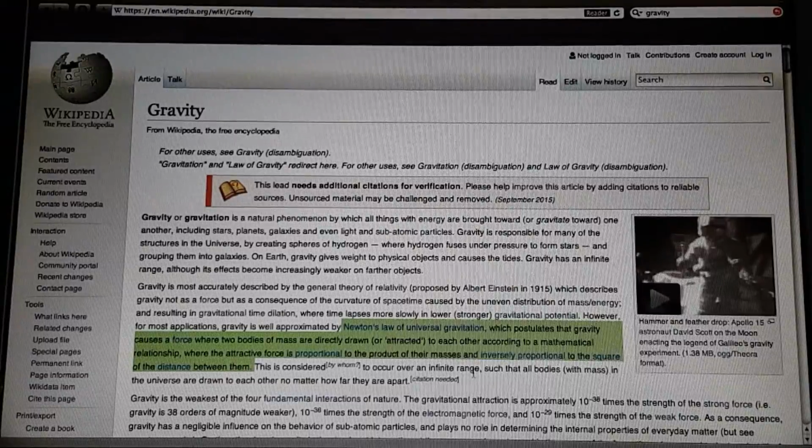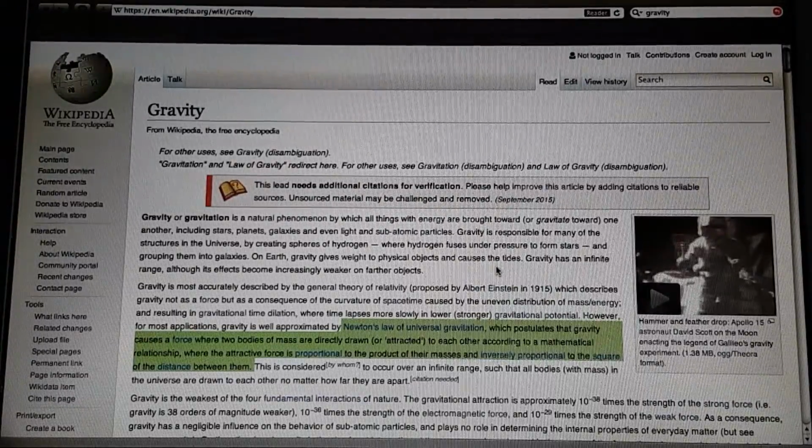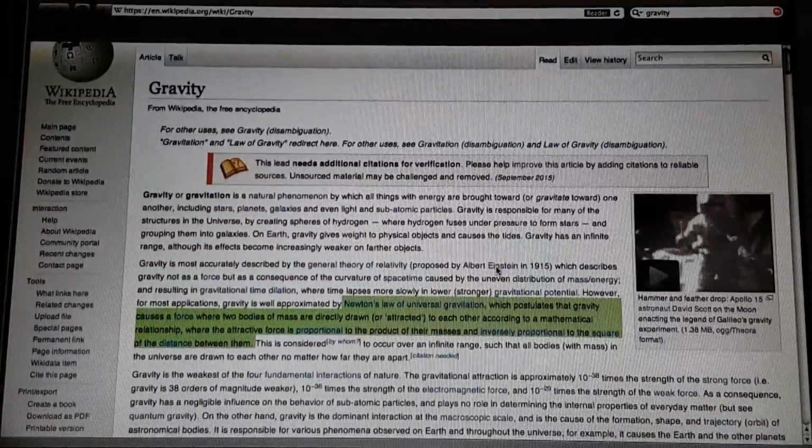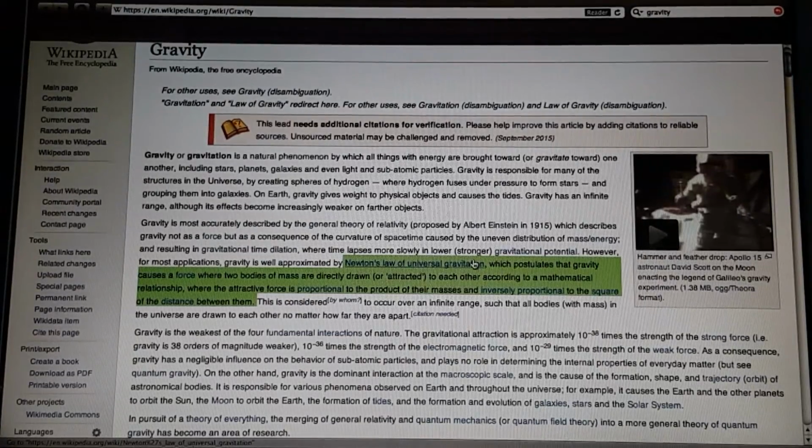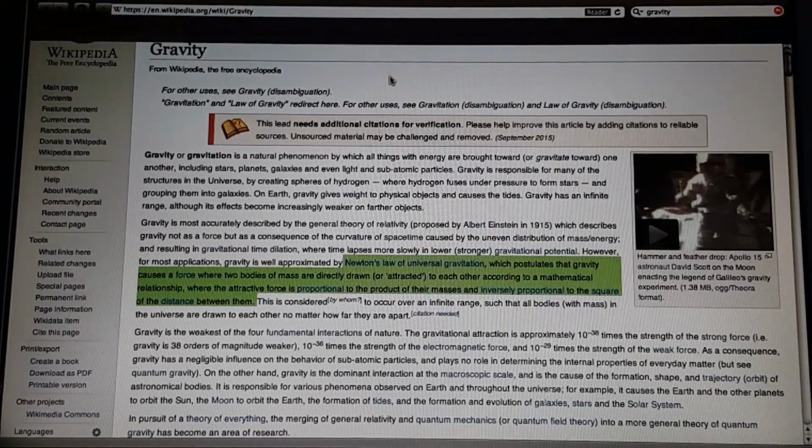So here we are on Wikipedia. I'm pretty sure everyone's familiar with that if you're surfing the internet and YouTube. So you can't take this as science, it is community based. But it does describe gravity and give us the formula used, which I will use and show to you that is false and is not true, and gravity is